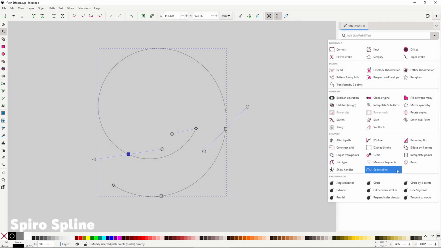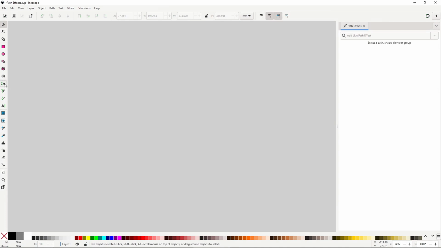Spiro Spline will create spiral shapes based on the location of the nodes. You cannot apply it to an existing path. Instead, you enable this option in the tool controls of the pen tool before you start drawing. And just like with the Bspline options that we saw in the Bspline's path effect, now you draw with the effect enabled. I find it extremely unpredictable to use, to the point that it's almost useless to me, though I